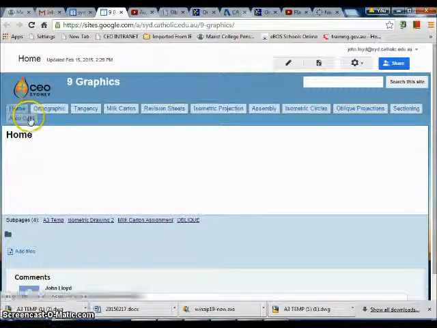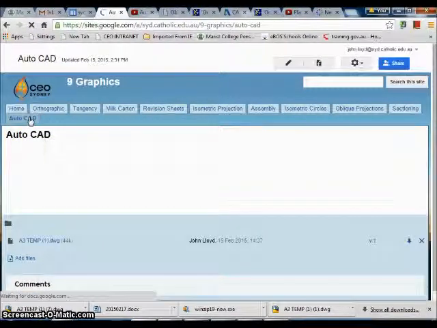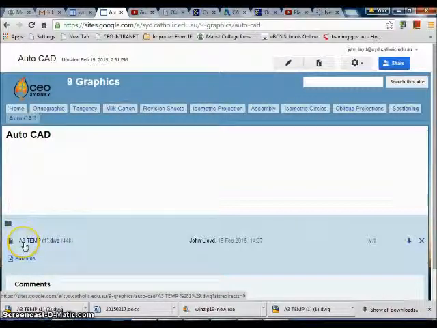If we come to our AutoCAD button and click on that, you'll see this file here, A3 temp. Now our A3 temp has a page already drawn. In other words, it gives us a page that we can draw on. It is obviously an A3 size page. Okay, and the dimensions of that page are really important. They're 280 by 400. Why is that important? Because we're going to have to figure out spacing later on. So if I open this page,